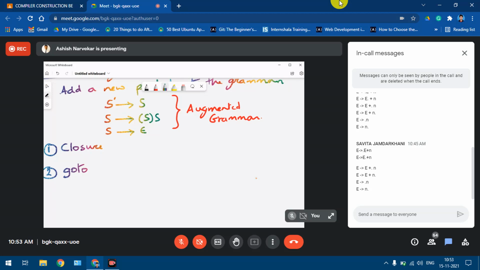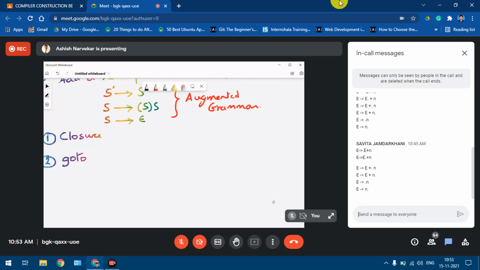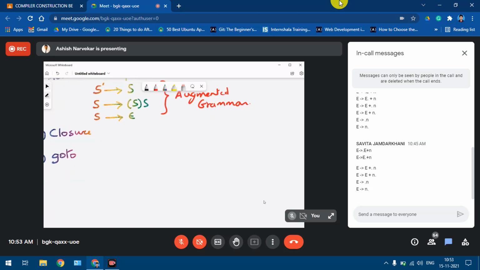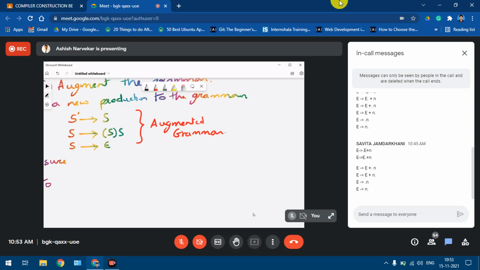Now that means we need to start with the first production. When we start with the grammar, I'll just number the productions as I usually do, because it becomes quite handy.